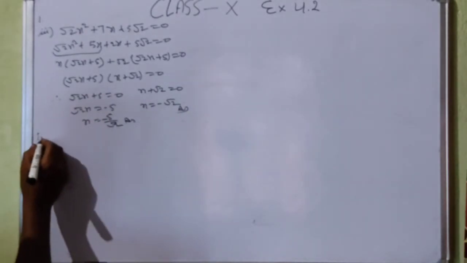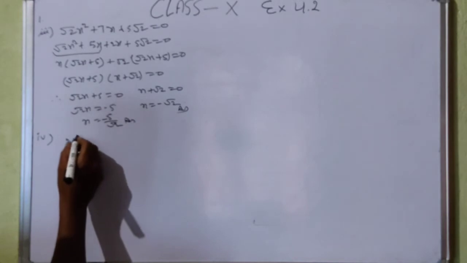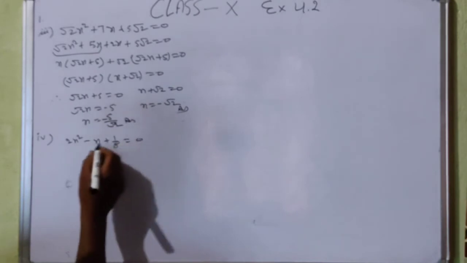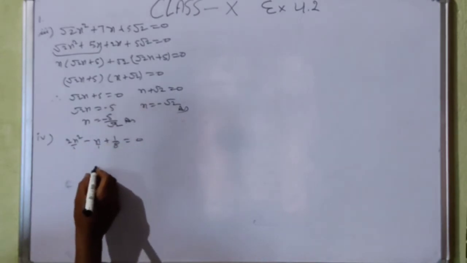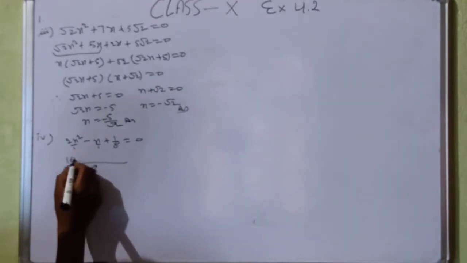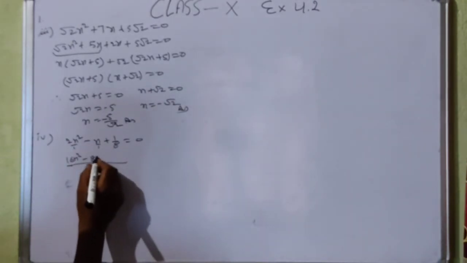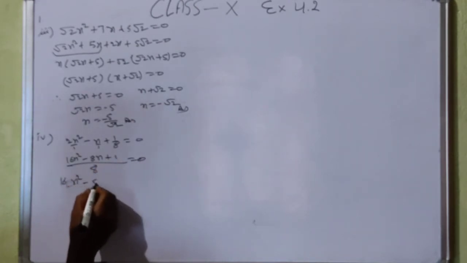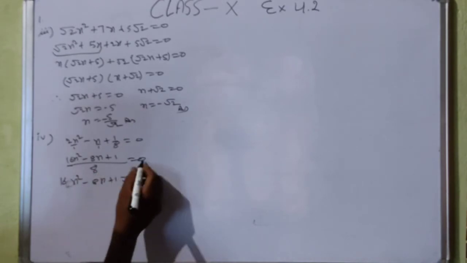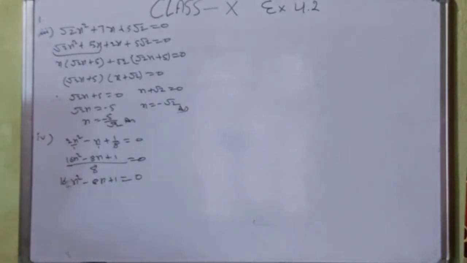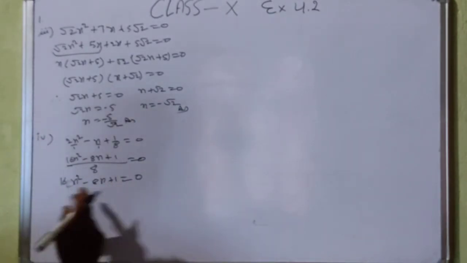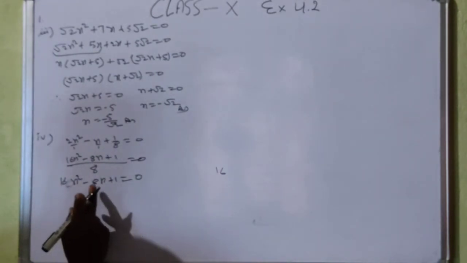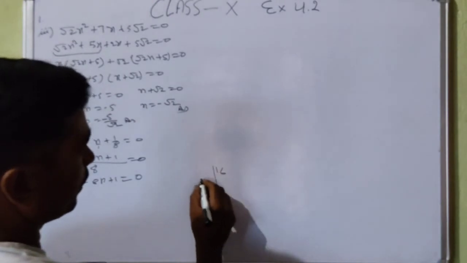And then the fourth part you can do. But see that 2x square minus x plus 1 upon 8 is equal to 0. The LCM of these three is 8. So 8 twos are 16x square minus 8 ones are 8x plus 1 is equal to 8 zeros are 0. Now first of all we will multiply this one and this one, so that will become 16, and then we need to come to that one, 8, by addition of both factors.